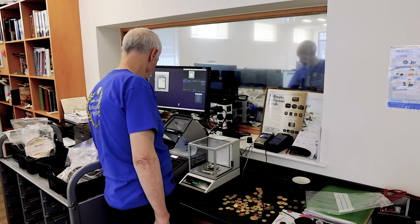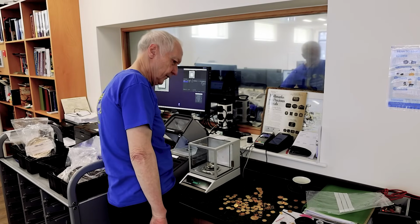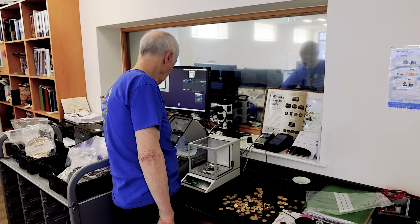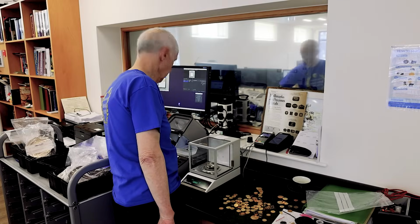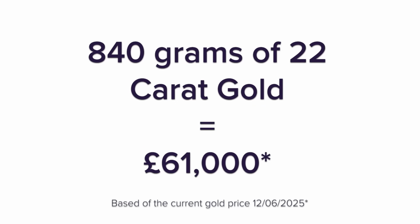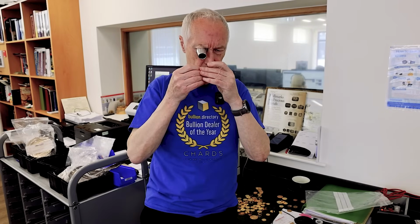Right now, that lot, we did actually do it. It weighs about 840 grams on there. I weighed it, but we've added an odd bit to it since then. That's about £61,000 at today's spot value. Looking at my notes about